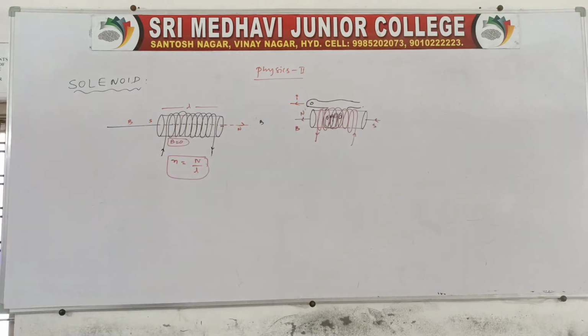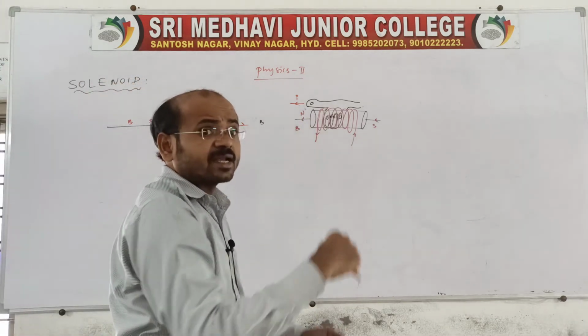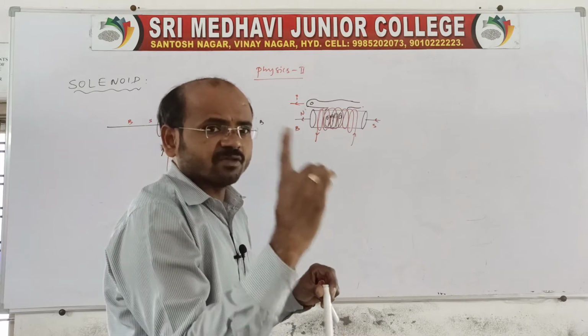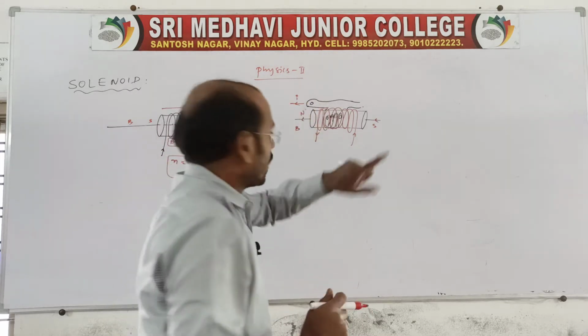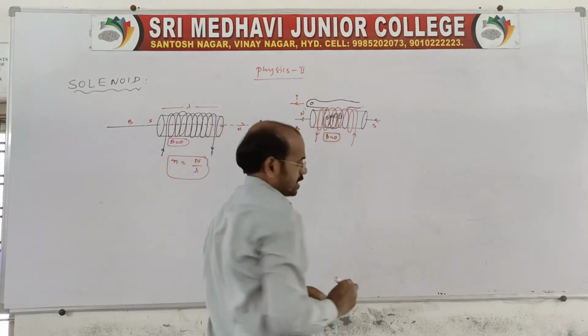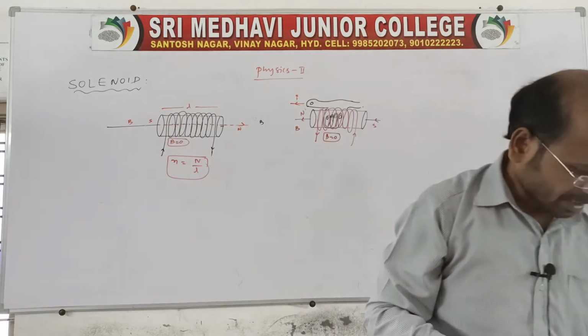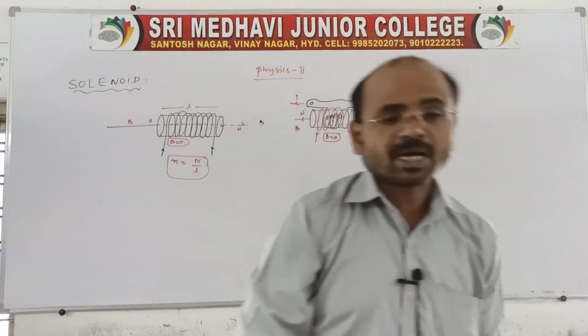See, the thumb indicates the direction of the current and the folded fingers indicate the direction of the magnetic field. In each and every coil a field is produced, which we can call B, at the center. Outside the solenoid, again I am telling you, it is 0. So this is about a solenoid. A solenoid is used to generate the magnetic field.